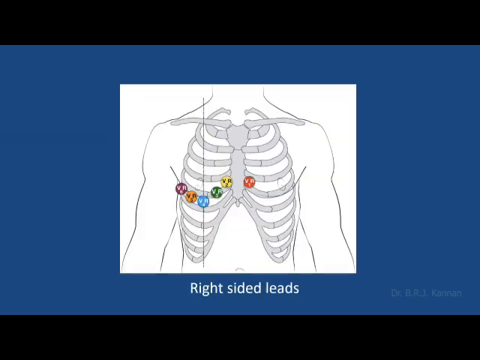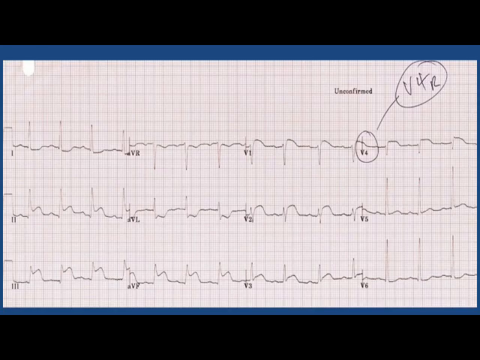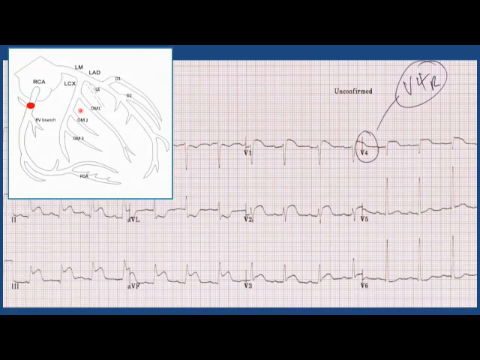What do I do? I take the right sided leads, V3R, V4R, in the same position as on the left side. The lead V3 is kept here, chest lead V4 is kept here, and then the ECG is repeated. What do I get? I get this. See, this is V4R, this is V3R. They are now showing ST elevation. Imagine that these leads are on the right side. On the right side, there is no ventricle other than the right ventricle. So if V3R and V4R are showing ST elevation, that's a definite indication that it's a right ventricular MI. So this patient has a very proximal right coronary artery occlusion prior to the RV branch. That is the conclusion of this ECG. See that again? Here again the occlusion is very proximal, prior to the RV branch.